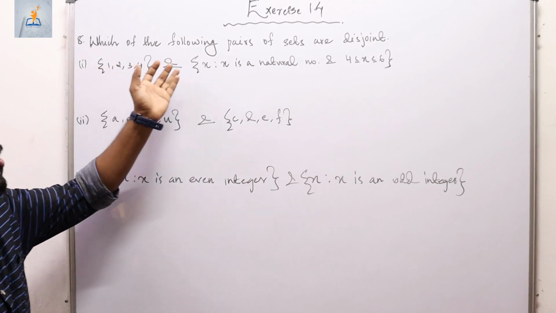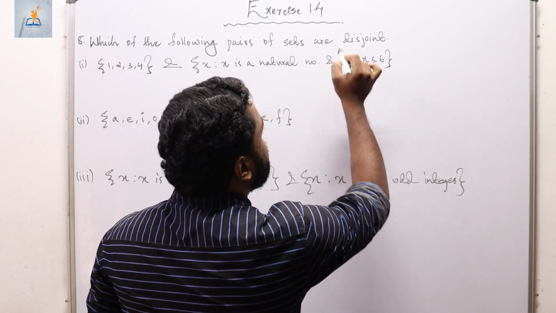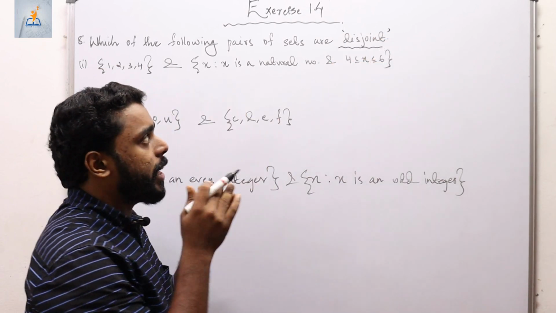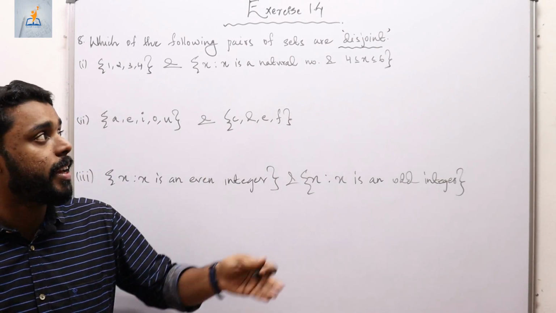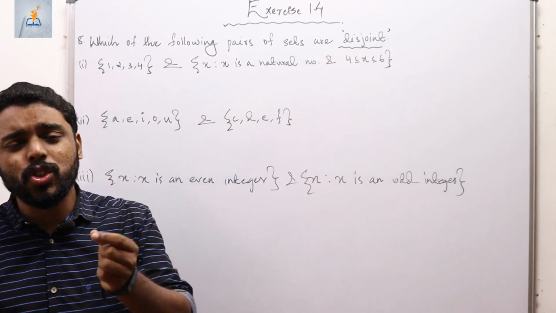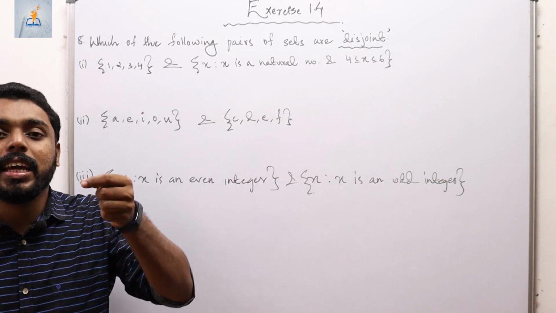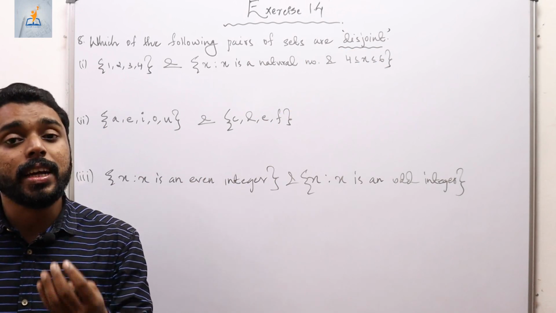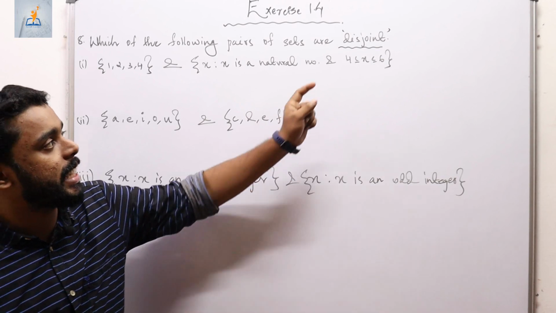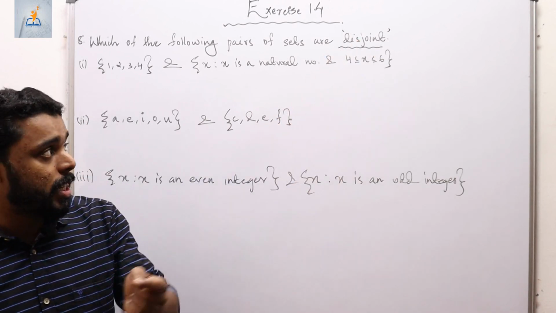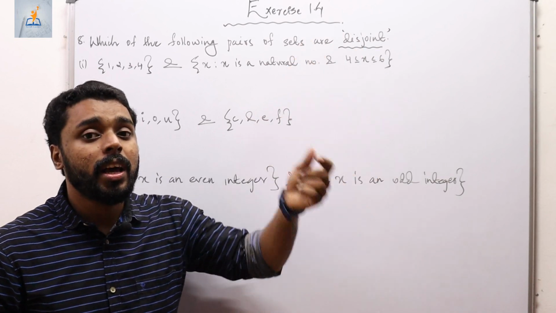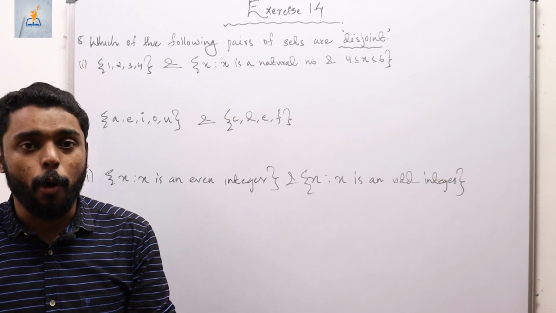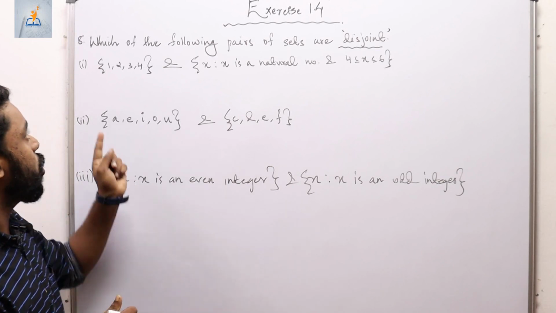The question is which of the following pairs of sets are disjoint? The important part of this question is identifying this word. You must have a clear understanding of what this word means. Disjoint means, whenever the intersection of two sets is empty, or whenever the two sets don't have any common element in them, then we can say that the two sets are disjoint. Just understand the name disjoint very well. We say that two sets are disjoint if and only if there is no common element to both the sets. Okay.